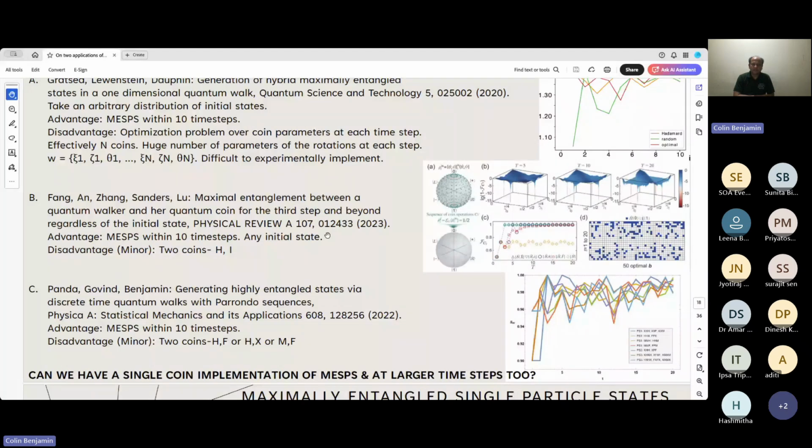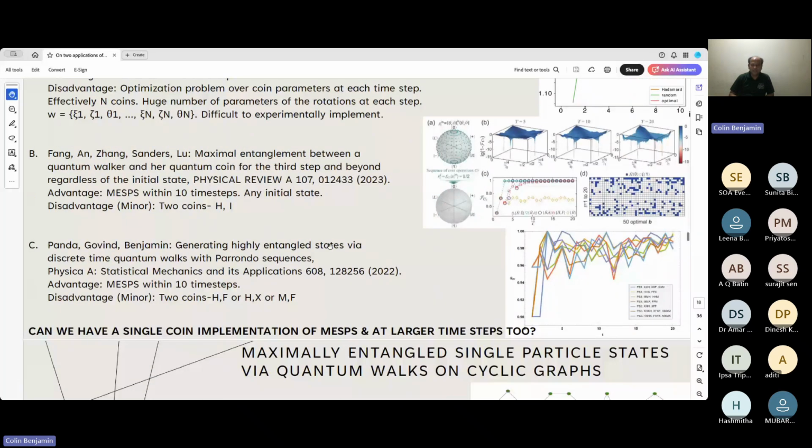But they have two coins. One is, of course, a trivial one. They have a Hadamard, and another one is just the identity. Now, in our previous work, we also proposed that in a 1D line, we can generate maximally entangled single